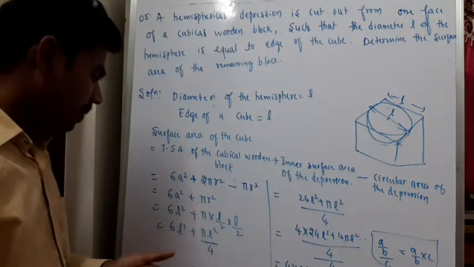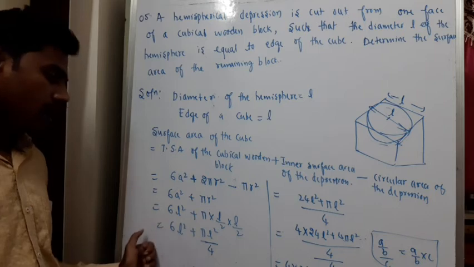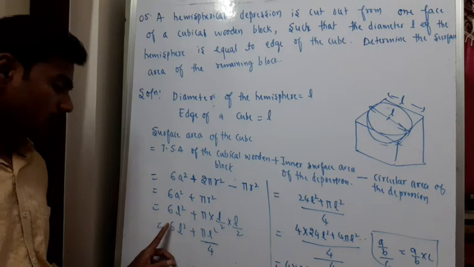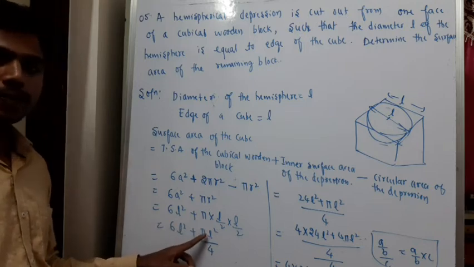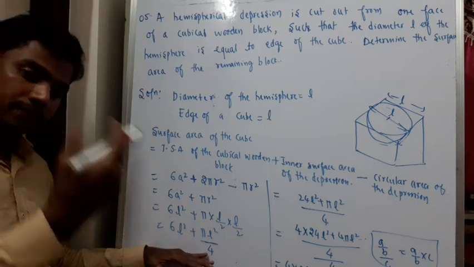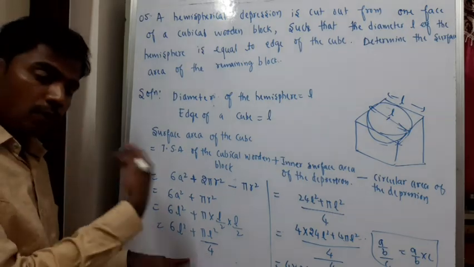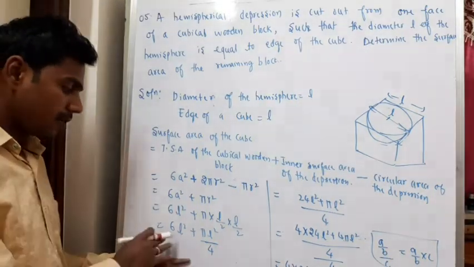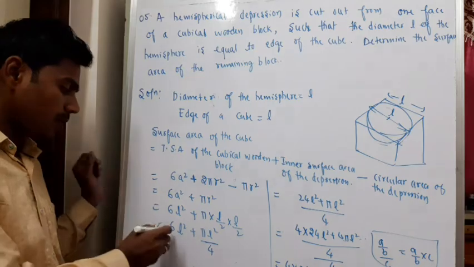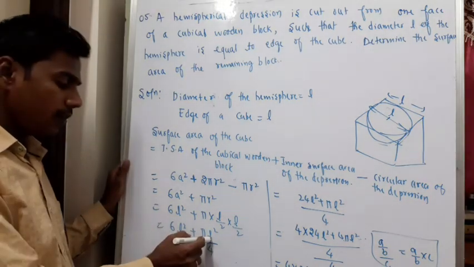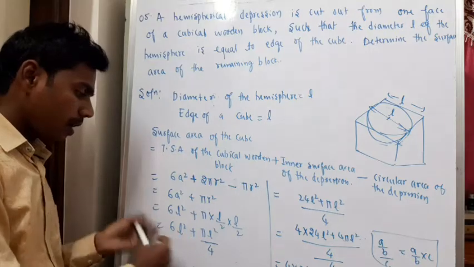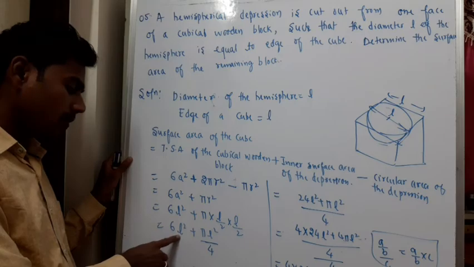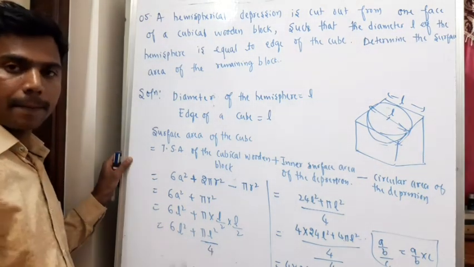So if you know everything, I'll take 4 out. If I take 4 out, you need to multiply this with 24. So multiply this with 4. So 24 L square plus pi. So this is the advanced stage. Once you go through such problems, if you solve some 5-6 problems like this, you can directly do it. Take 4 out. Then it will become 24 L square. Since you have taken 4 out, this 4 will come out and this will become 24 L square. This will become pi.